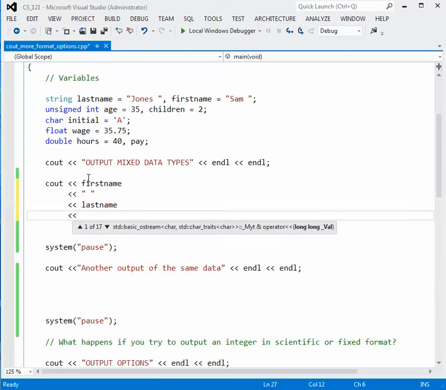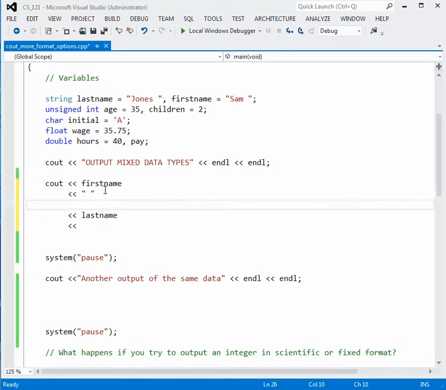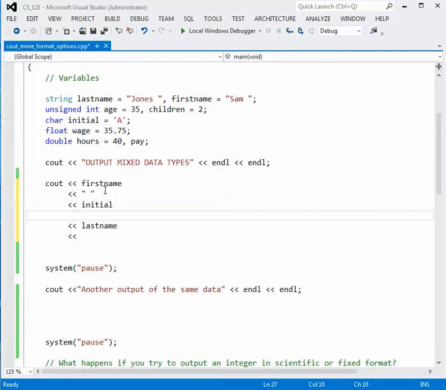So let's do this. Let's do first name, a space, and then let's output the initial, and let's output another space. Okay, double quote, space, double quote, and then we'll output the last name. Okay, then let's output some other information here. So we can do